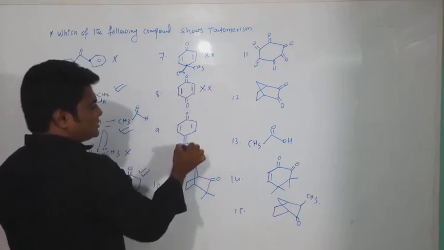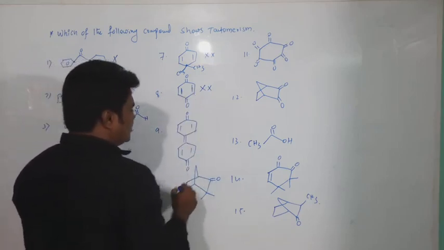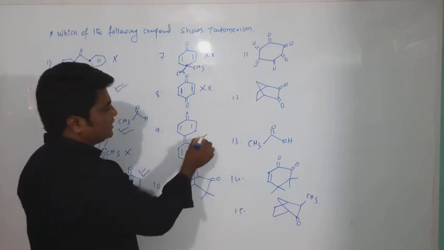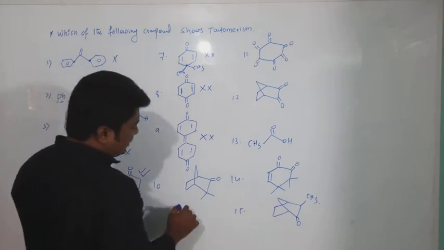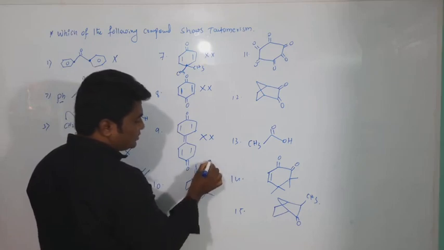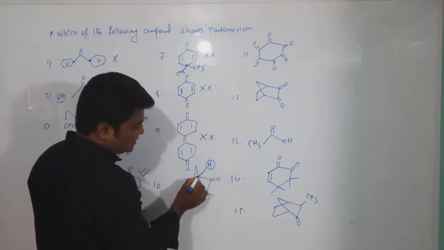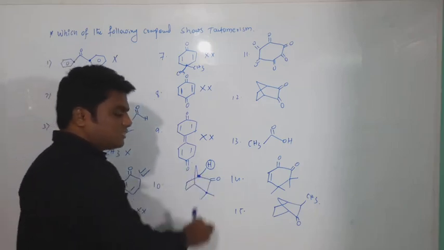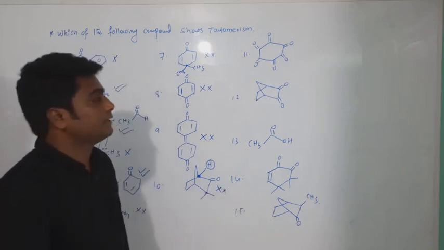Same, this one and this one same. Here we have two compounds, two benzene rings combined. Here also there is no alpha hydrogen. So it also does not show tautomerism. Now see here, in this compound, the 10th one, this is sp3, this is also sp3. See, here alpha hydrogen is there, but where is this alpha hydrogen? This is a bridgehead carbon atom. According to Bredt's rule, it does not participate in tautomerization. This also does not give tautomerism.